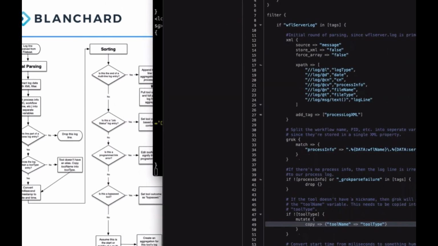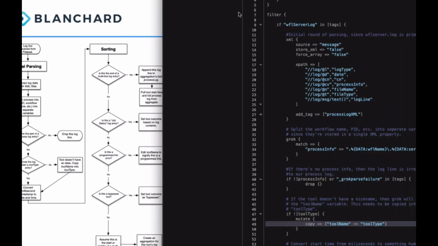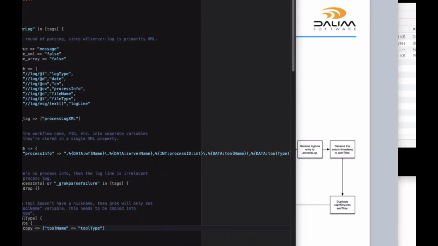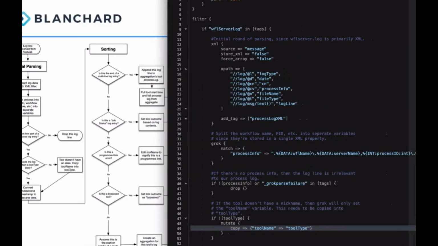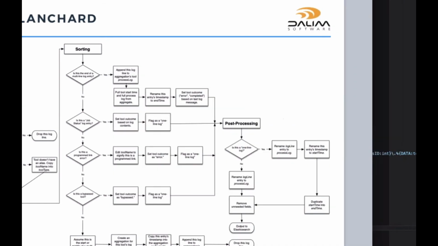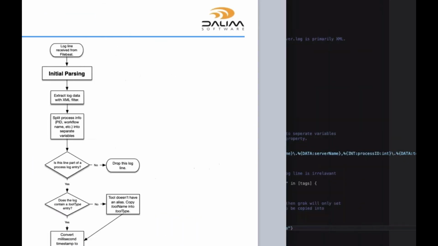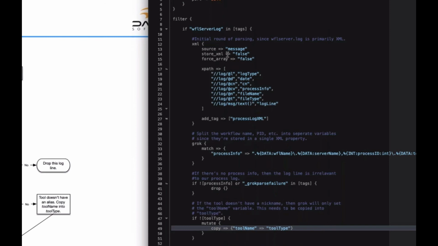So our process here, let me move that to a new window because I don't like having that sidebar there. So our full process, we start with this initial parsing step. So we have things coming in. They're coming in from FileBeats, which is sending us WFL server log lines as it finds them. We have a